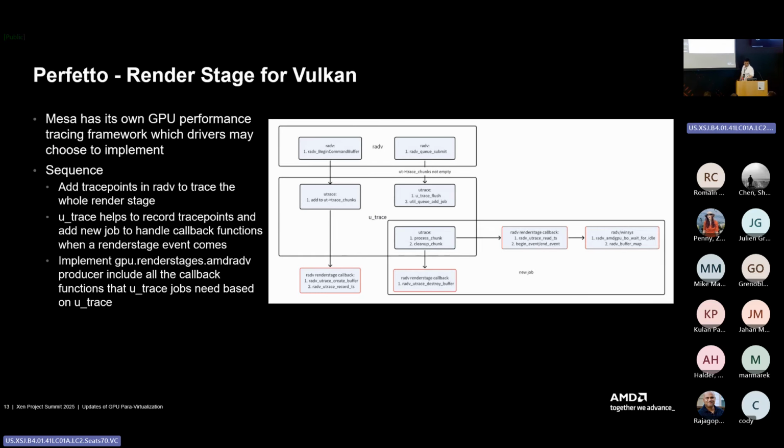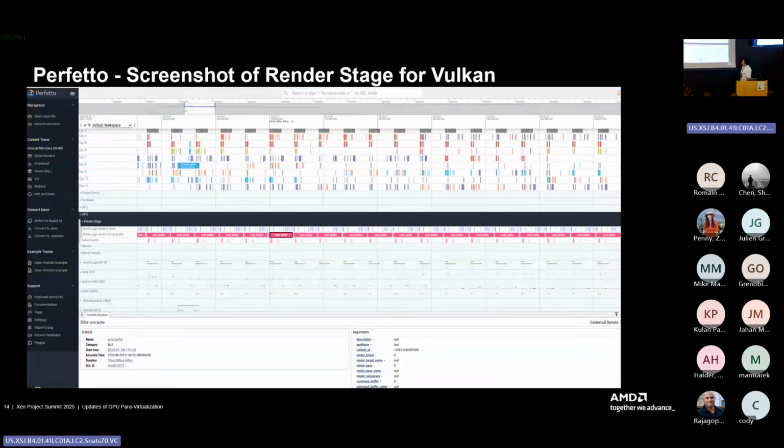Let me go to the picture. We can dump all the command buffer traces inside of the GPU here. So the developer can dump all the data packets inside the buffer with this tool. It is very useful for debugging, and the user can monitor whether there is something wrong in the detailed GPU commands for AMDGPU here.